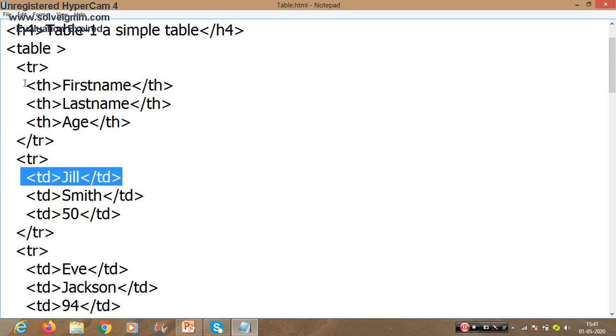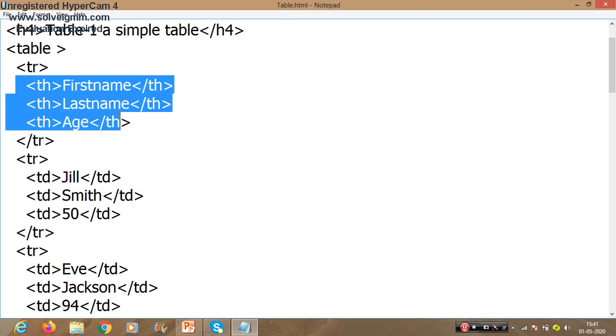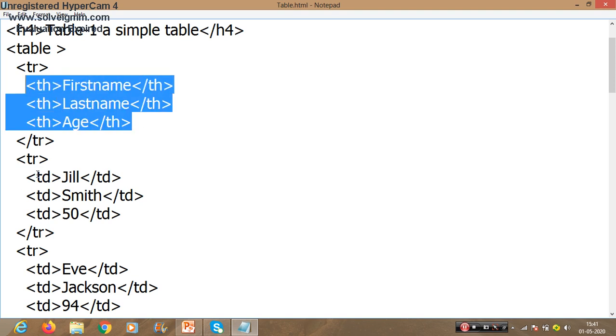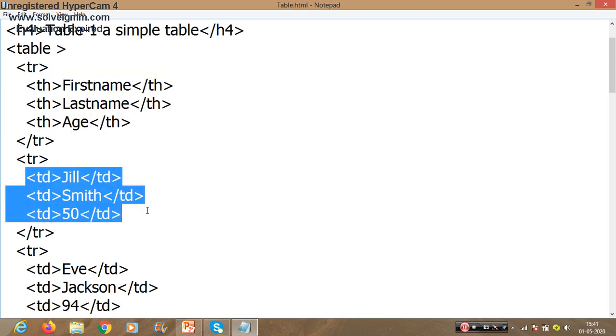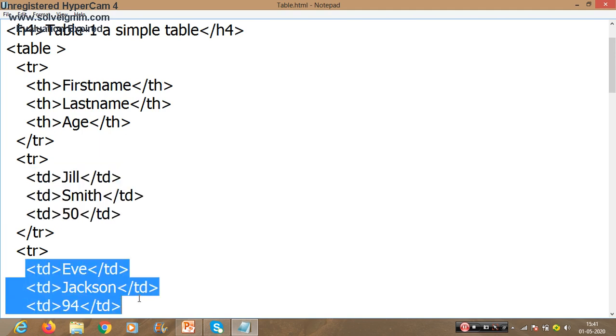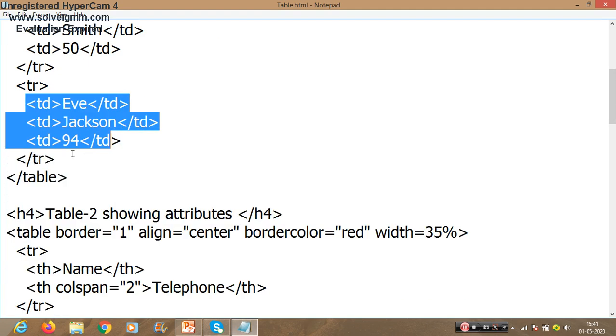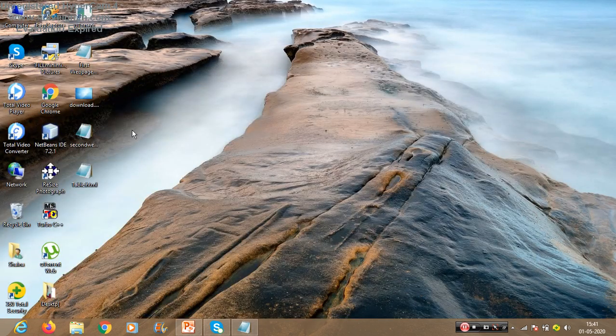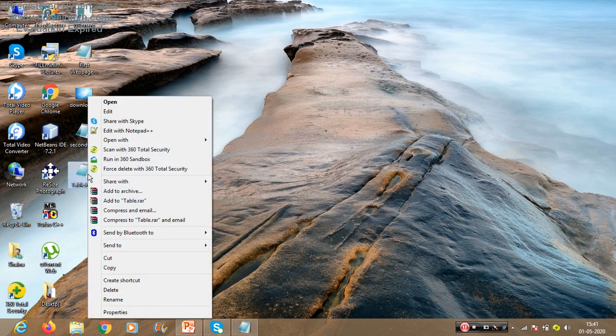See, the table rows are there, right? In the first table row we have put table headings. In the second table row we have put table data. In the third we have again put table data. Here we are closing the table row tags side by side, and then we have closed the table tag. Now I will show you the output, how it would appear.